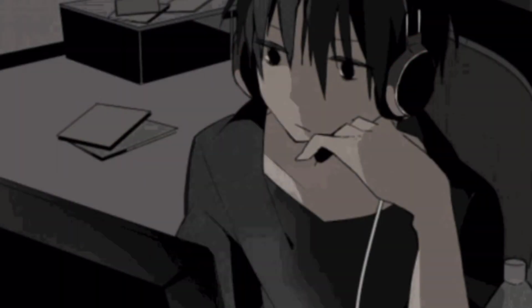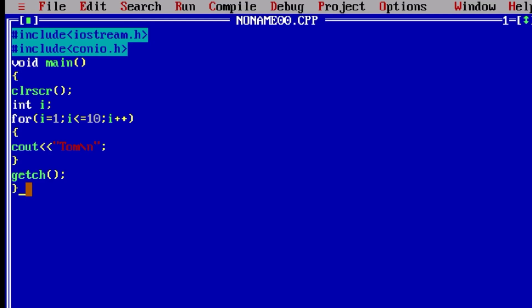To make it clearer, I am going to perform a program. First, we are going to make the easiest program. For example, if I have to print someone's name 10 times, then we have to write it as follows. Starting with iostream, conio and void main, we have to put the data types and the variables. Int is the data type that I have taken, and i is the variable. So for i equal to 1, with a semicolon we put the second step, which is i less than or equal to 10, and with a semicolon i plus plus, which is the increment operator.